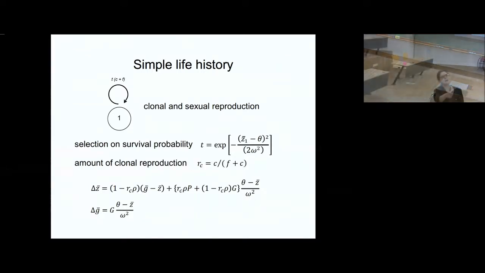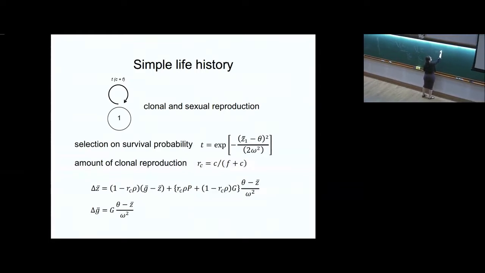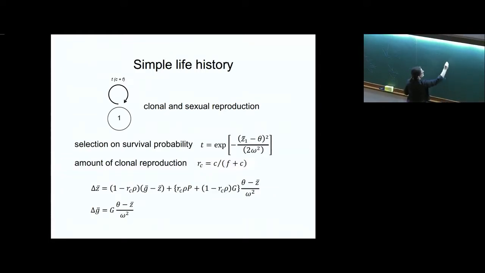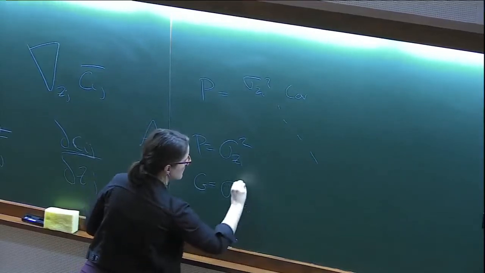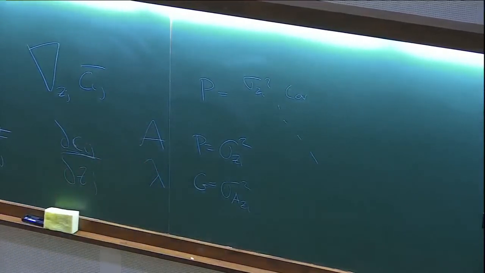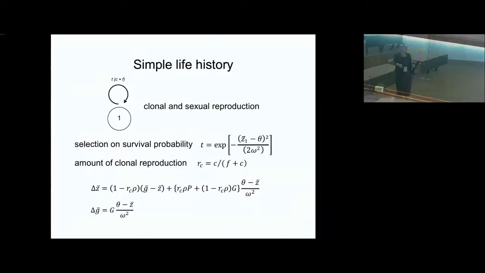So remember, this was the phenotype genotype matrix before. Sorry, I should have said something that I didn't say. I dropped to one single z, and so now P, which was the matrix, right? P was Z1 squared and the covariances, right? Now P is just one entry, and G is just one entry. It's there, it just has a funny form. I should have defined that. We left it as P and G rather than writing it in the other notation, but now the matrix has become one entry, right? There's no covariance because there's only one trait. So that's where it's sitting. That's the phenotype variance, and that's the genotype variance.